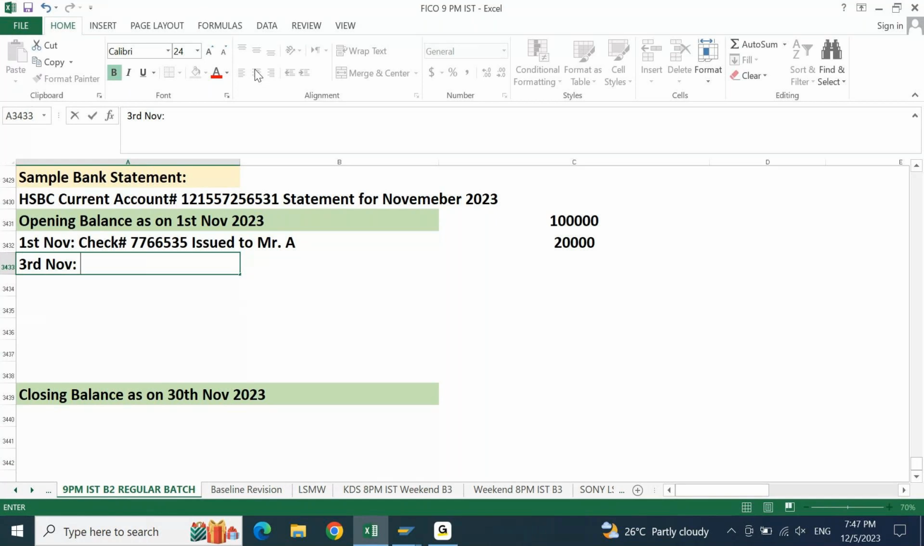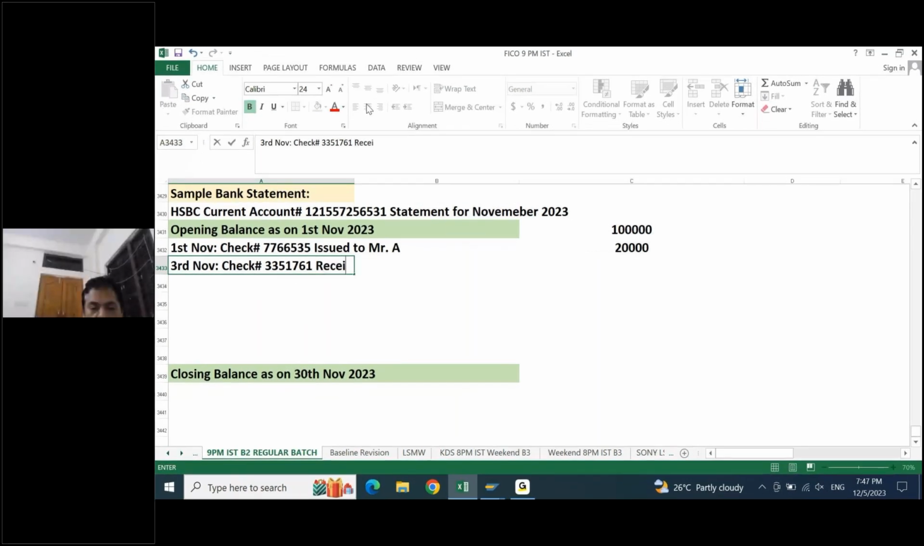On 3rd November, I will say check received